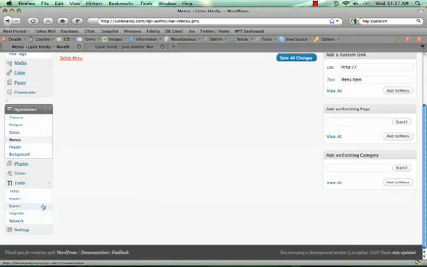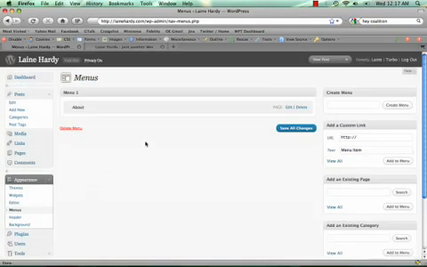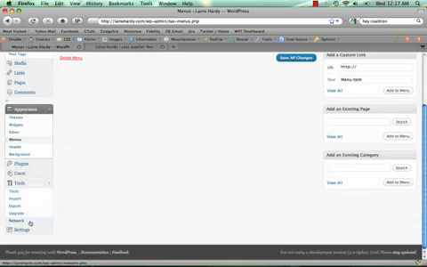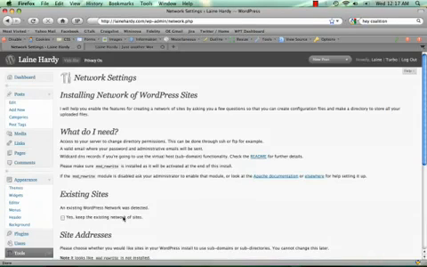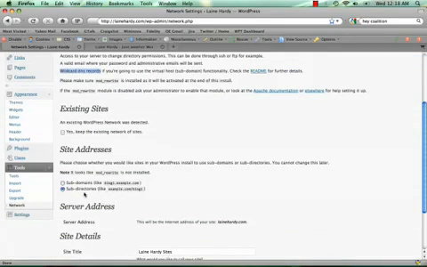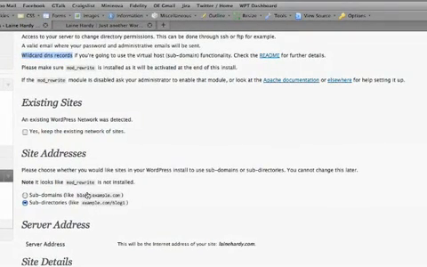But the network or the multi-site function is what I'm really interested in. If you look under Tools and click on Network, this is how you enable multi-site. It goes through some of the instructions here for what you need. When I set this up about a half hour ago, I didn't really know what the wildcard DNS records meant, and that basically means that if you're going to set up a site that has subdomains, like this